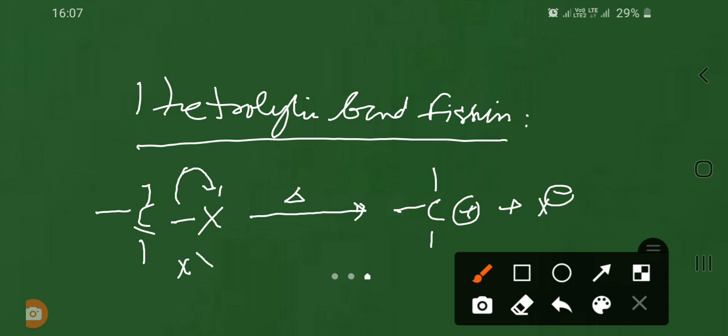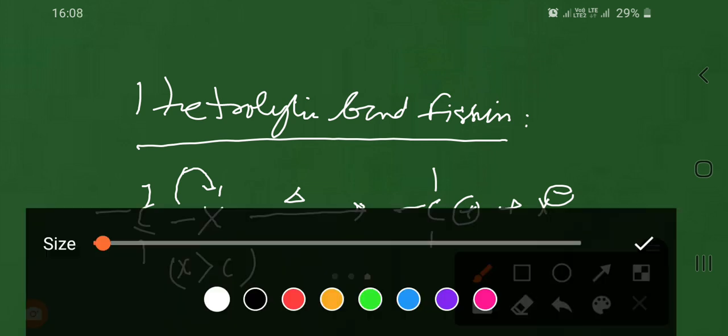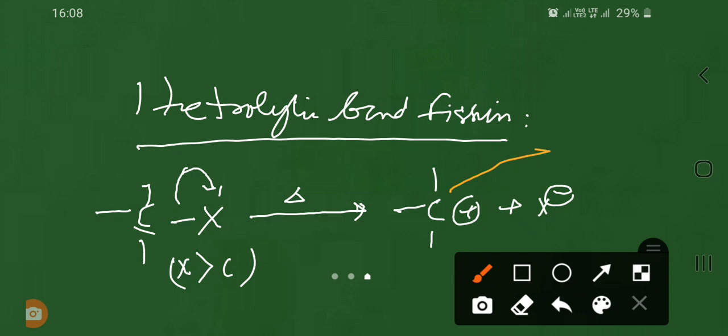In this, X is more electronegative than C, and in this example you can see that the carbon atom acquires a positive charge. It is known as carbocation. In heterolytic bond fission, charged ions are always formed. Now, the next topic is